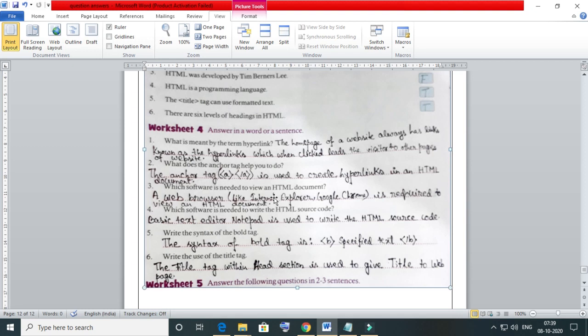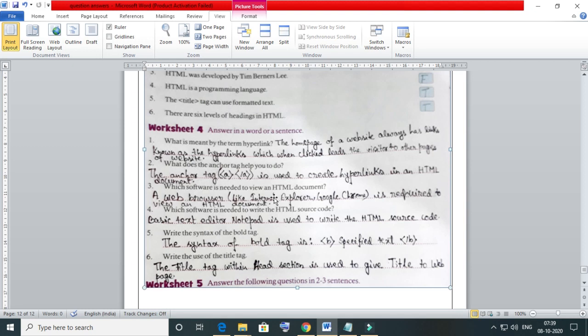And fifth question, write the syntax of the bold tag. The syntax of the bold tag is b within angular brackets, then the specified text, and after that, within angular brackets, slash b. And sixth, write the use of the title tag. The title tag within the head section is basically used to give a title to the web page.